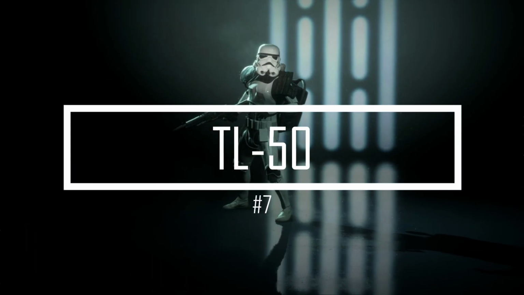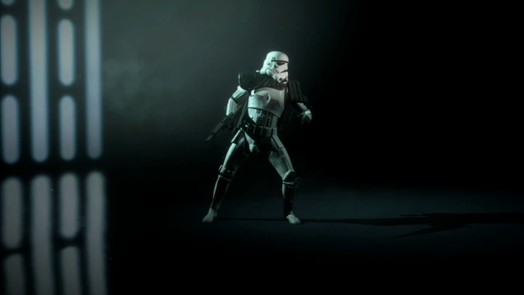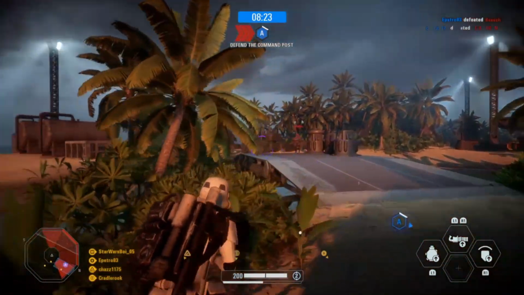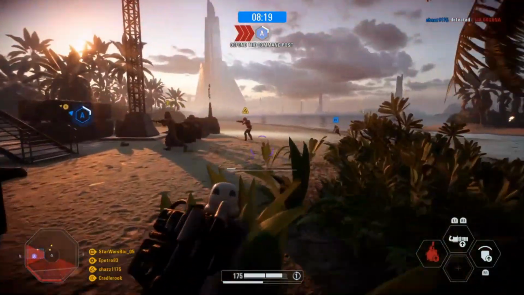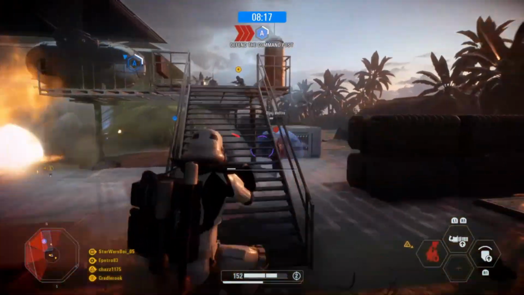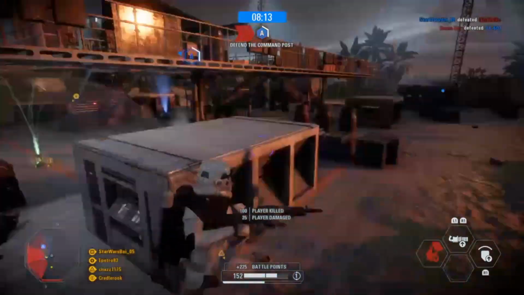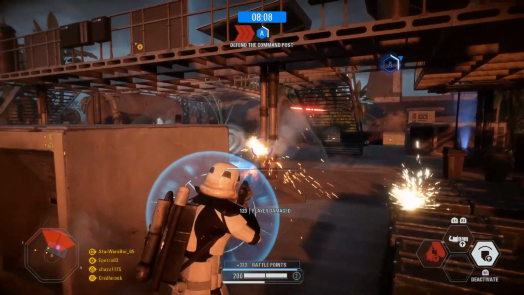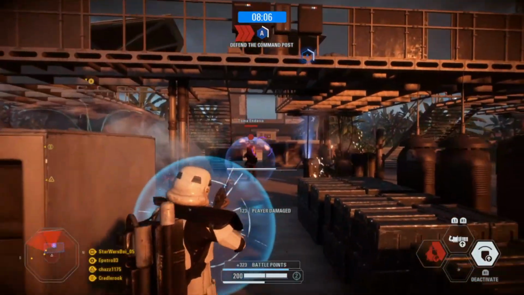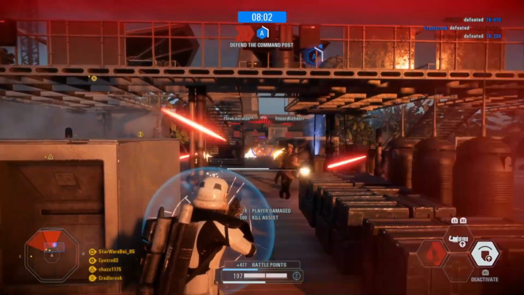Number 7, the TL50. The TL50 is a ridiculously good heavy blaster and defines LMGs. This is the best LMG in the game, and it's not even a question. The best mods I'd use for it are improved cooling and reduced spread. I still see some people using secondary fire, and I just ask them why, because this secondary fire is really bad for this gun. It works with Aiden, but it doesn't work with this gun,